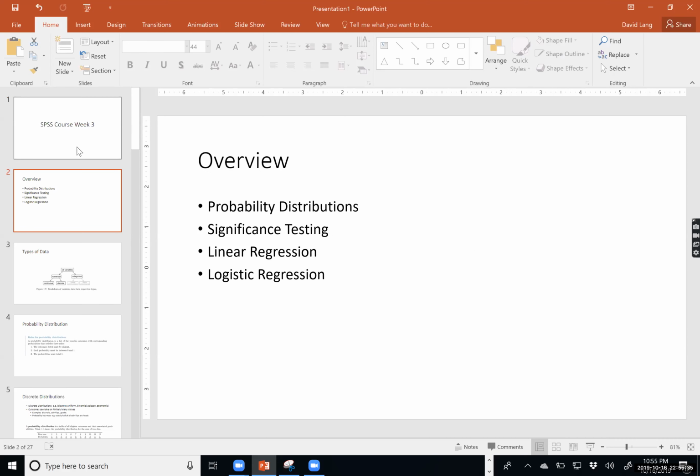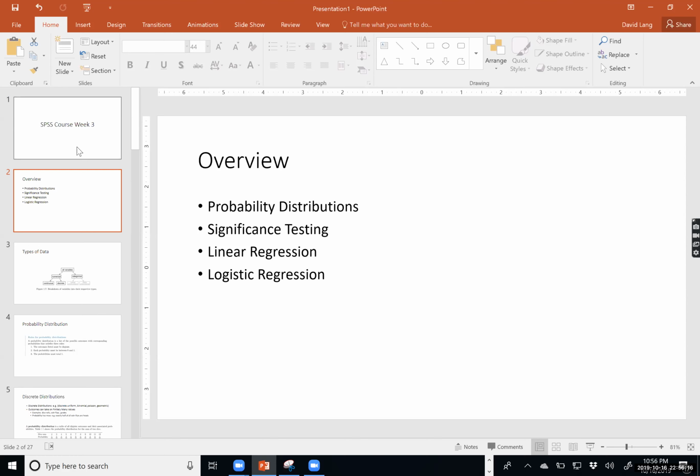So the big things that I want you to take away from this lecture, and where we're headed and why this is relevant for the rest of the course, is you need to understand a little bit about probability distributions in order to conduct significance testing. Significance testing is often used for analyzing your data and drawing inference or making comparisons. So typically you'd want to use significance testing to say if your sample statistics are different from some sort of norm or benchmark value,